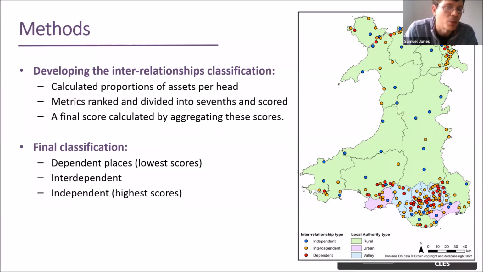So places with the highest scores are seen as the more independent places, and places with the lowest scores are seen as the more dependent places, so places that depend on other places for assets. And the map you can see in front of you shows the final distribution of the classification of 193 places. And just from the visual, you might notice that places located far from other places, such as those in Mid Wales, tend to be more independent, so they have enough assets per head of the things that we've measured. Whereas those more clustered together, particularly in South East Wales, such as in the valleys, tend to be more interdependent